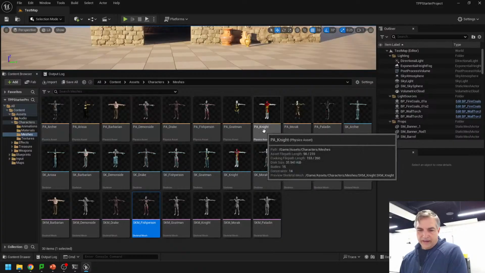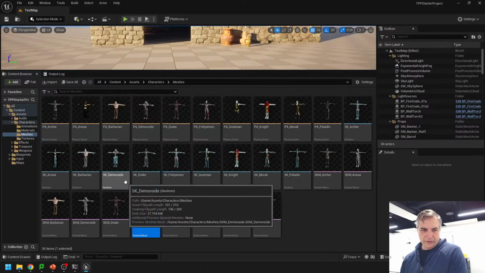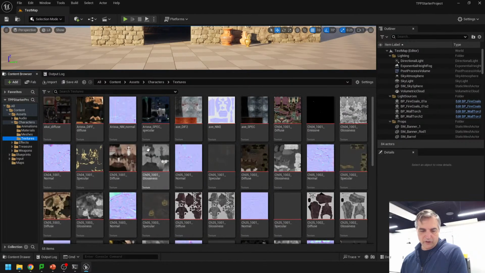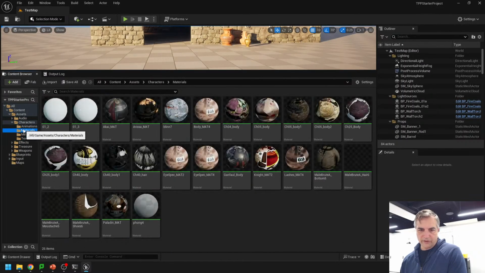All right, so that is just a preview. You can continue to look at them all as well. I've also given you textures for all of them. They're all in the textures folder. Materials are all in the materials folder. They're nicely organized, the project. And then you also have